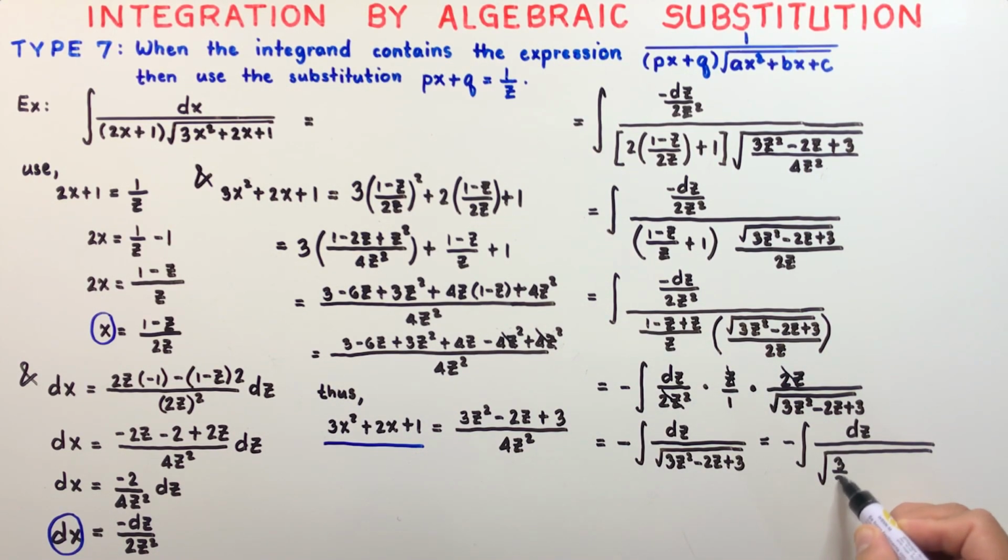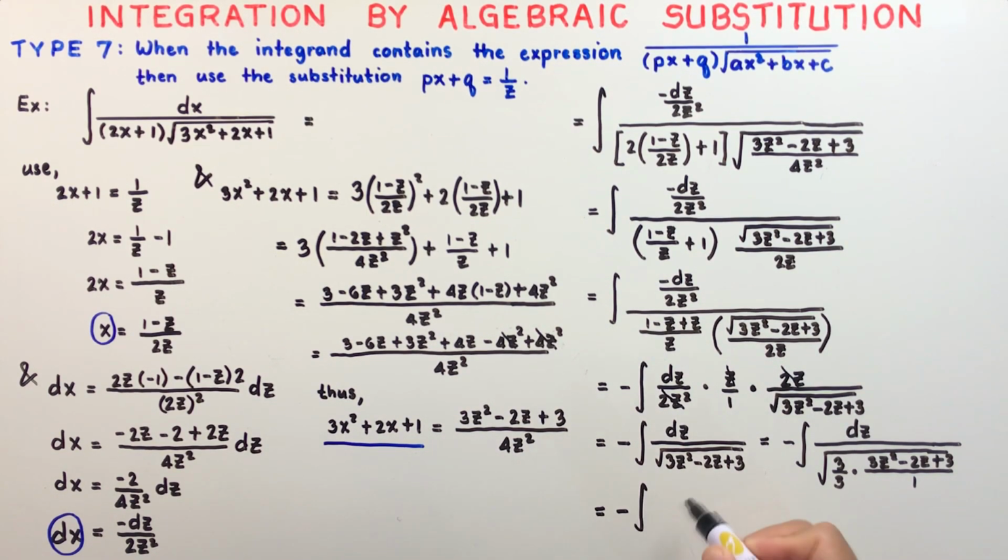So we'll multiply 3 over 3 times the fraction of 3z squared minus 2z plus 3. And multiplying this 3 over 3, which is equal to 1, we have the negative of the integral of dz